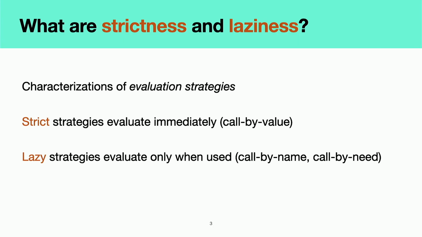Lazy strategies, on the other hand, operate differently. They only evaluate expressions when their results are actually used. So when we call a function, we don't evaluate the arguments until the arguments are actually used by the body of the function, if indeed they are. Similarly, when we assign an expression to a variable, we don't assign the result of that expression to the variable, rather we store a thunk, or a suspended computation, representing that expression. The simple theoretical models for this are the call by name and call by need lambda calculi.